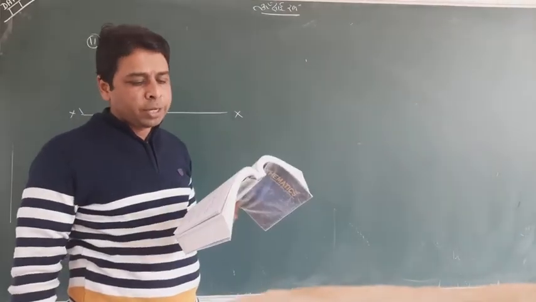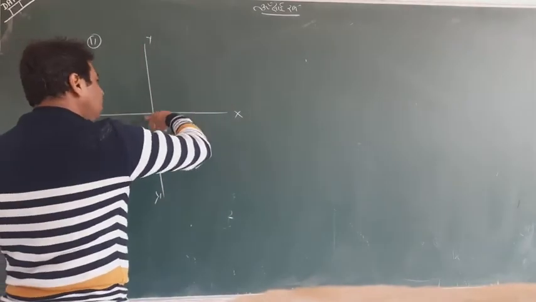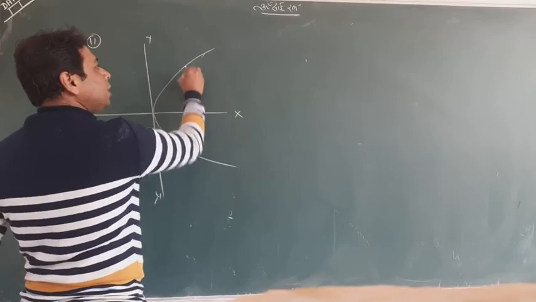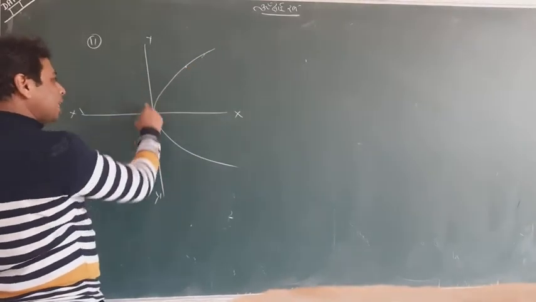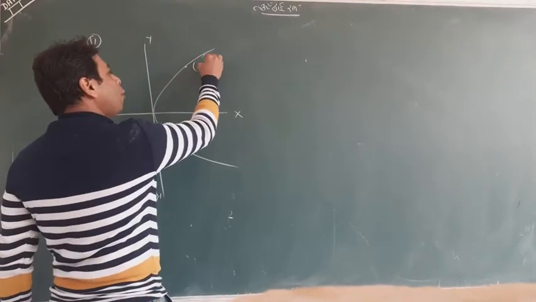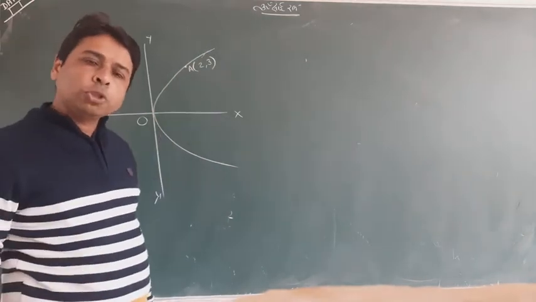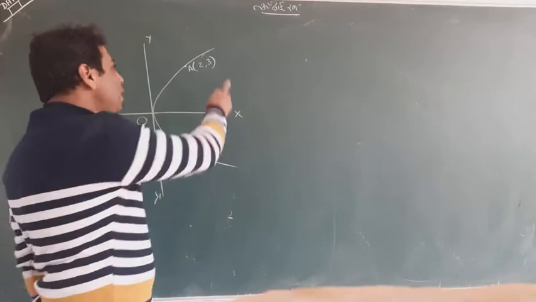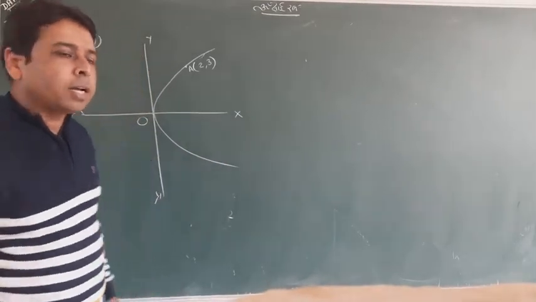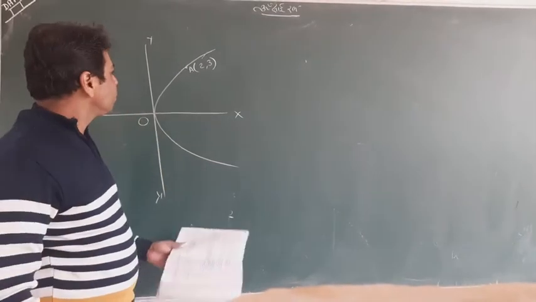You take only one condition, and it is passing through (2, 3). That will decide that it is along the positive x-axis. Why is it so? Because it is passing through (2, 3), and (2, 3) is lying in the first quadrant. It cannot be like that, because then it will not pass through (2, 3). So one should understand that your parabola will form like that, because only in this case does the parabola pass through (2, 3). If you form a parabola in the left direction, definitely it won't pass through (2, 3).